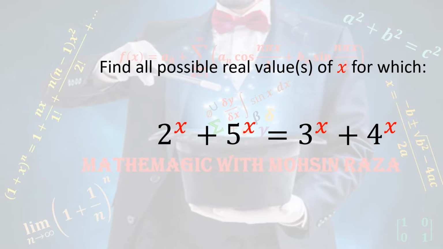Today I come up with this question that says: find all possible real values of x for which this equation is satisfied, and that equation is 2 raised to power x plus 5 raised to power x must be equal to 3 raised to power x plus 4 raised to power x. So